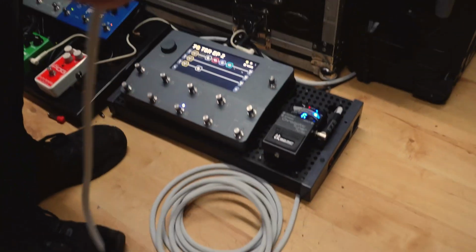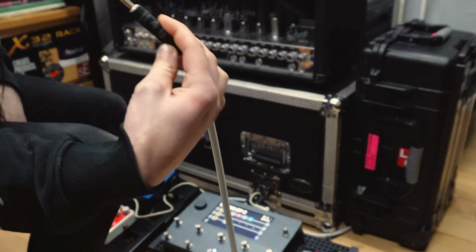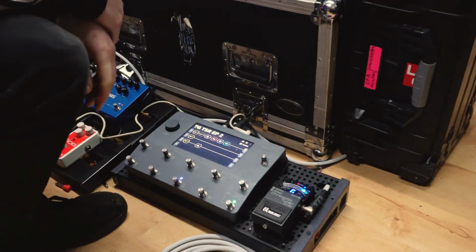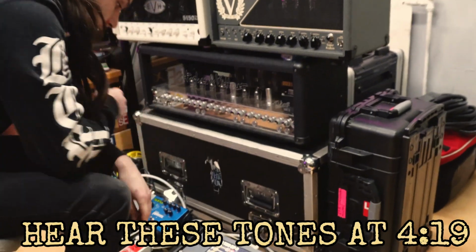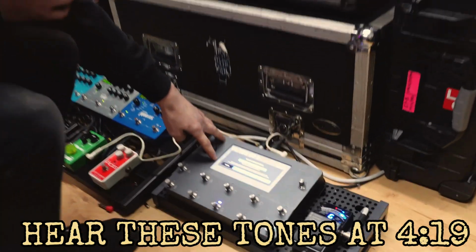We've got guitar in here. Cable in, it's a good place to start. 1 for 1 cables, we love those. So, we're coming into input 1 on the Quad Cortex. Yep. So, that's then feeding these 3